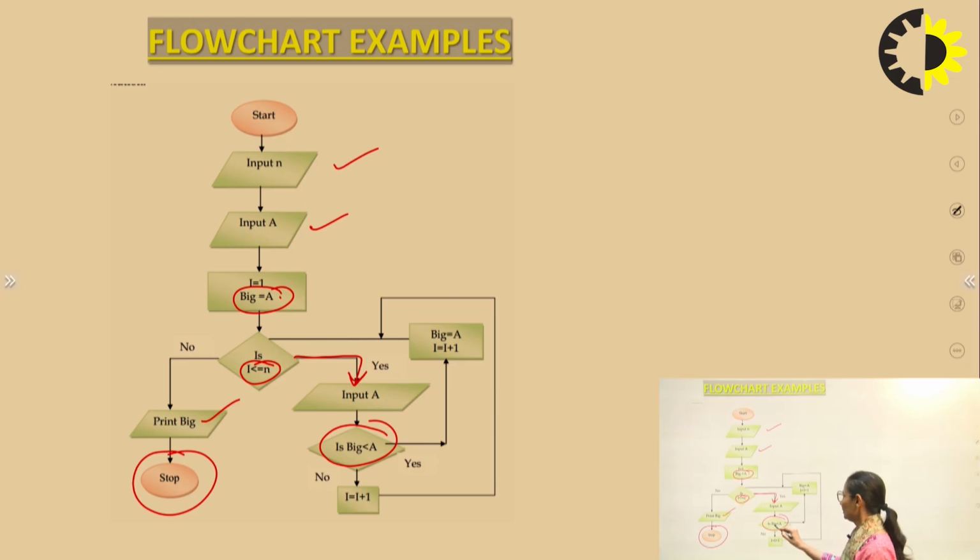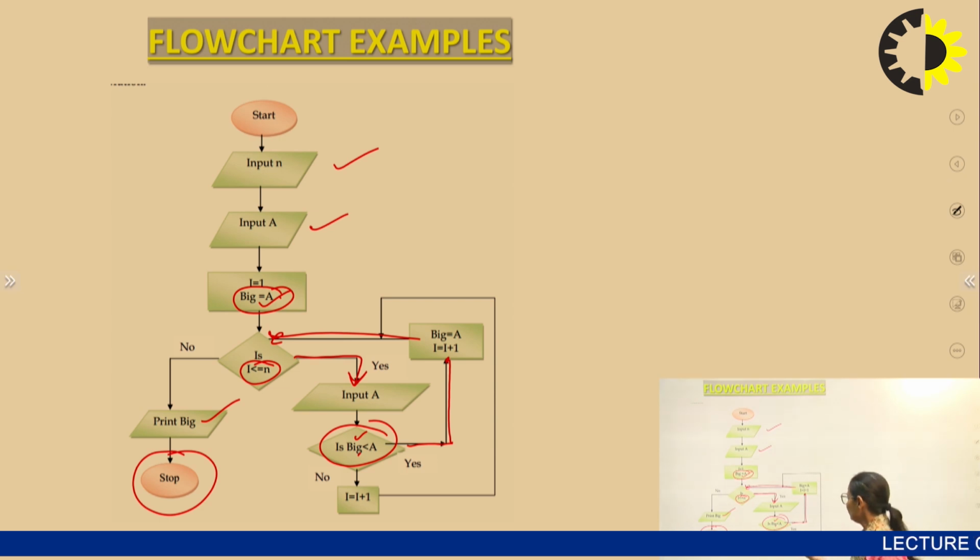If your number big is small, then in that case what will happen? If this condition becomes true, then we move to the yes part, and we say, okay, big is equal to a and I is equal to I plus 1, and then we move here and again check whether we want to check with another number or not. If it is no, then my big is still big, and we discard the a in this case, because big is the larger number. So we just increment the number, that is I is equal to I plus 1.